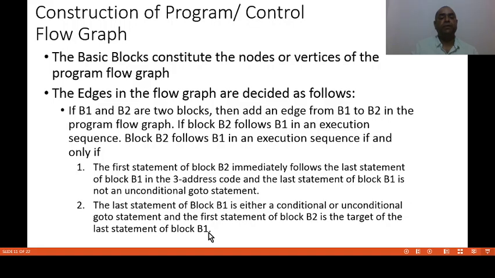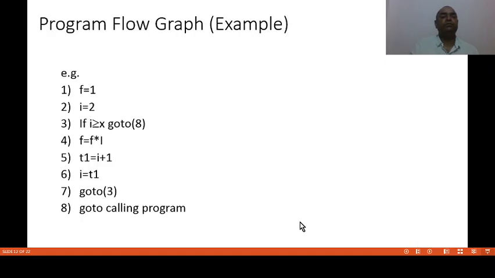It means if the last statement of block B1 is a conditional or unconditional goto and the target of the goto is the first statement of block B2, in that case there will be an edge from B1 to B2. Now, how to construct the program flow graph? These are the blocks, as we know that.